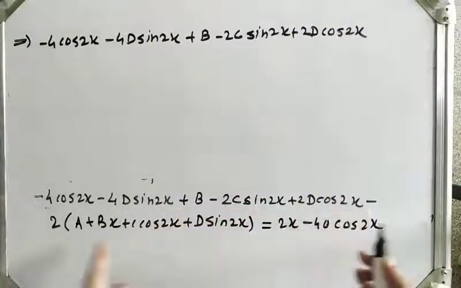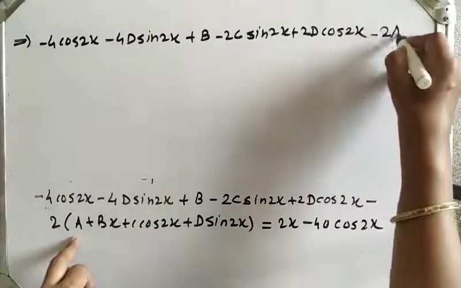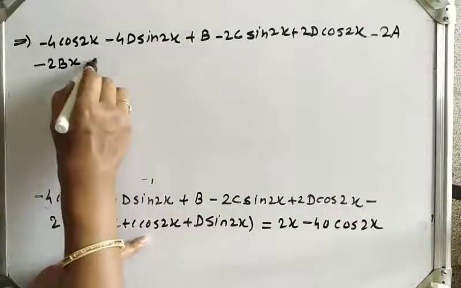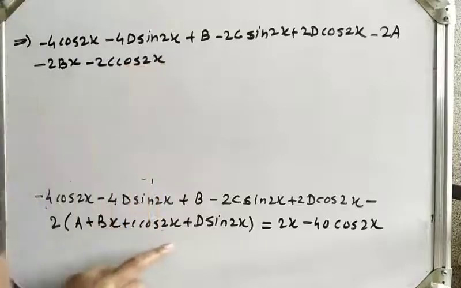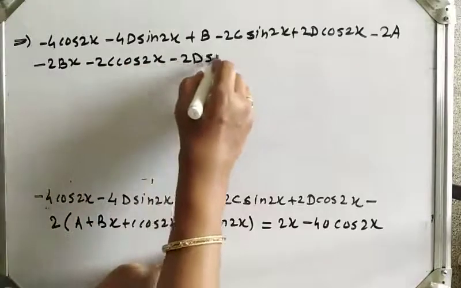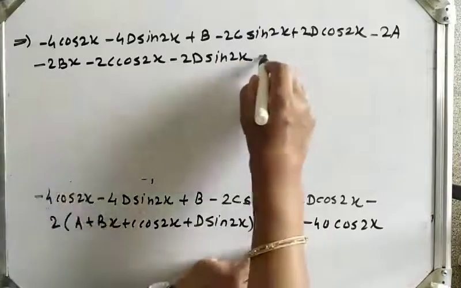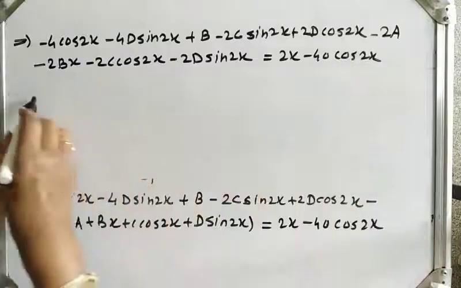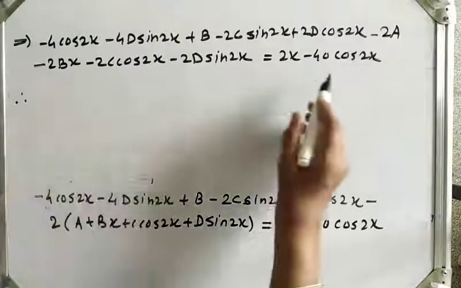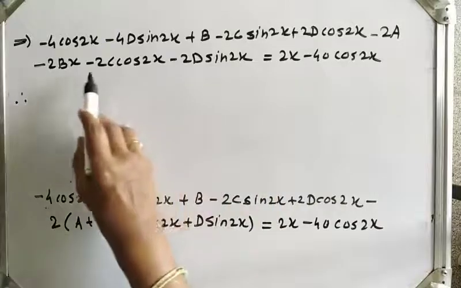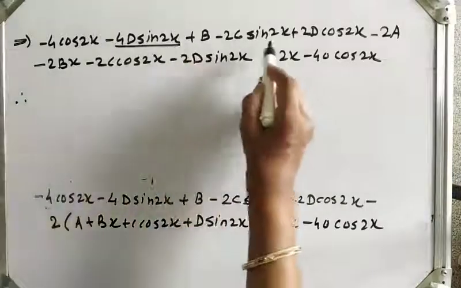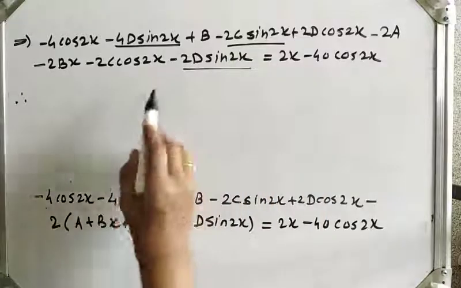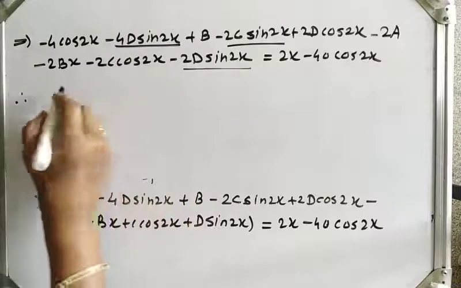Now multiply by minus 2 to this bracket: minus 2a minus 2bx minus 2c cos 2x minus 2d sin 2x, is equal to 2x minus 4 cos 2x. Now combine the terms of sin 2x and cos 2x. Let us combine terms of sin 2x. That will be minus 6d